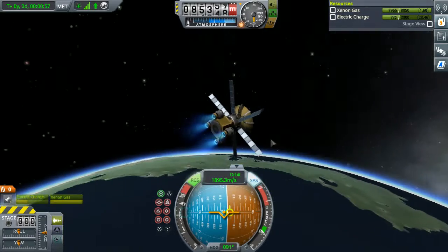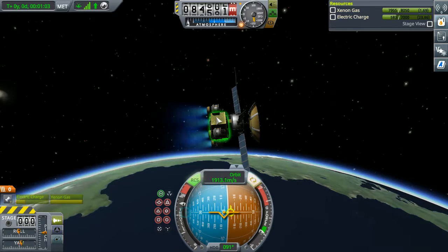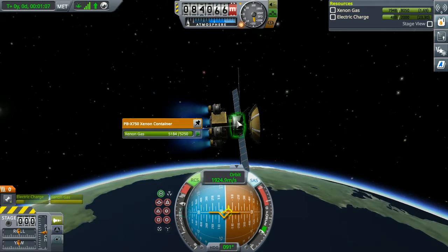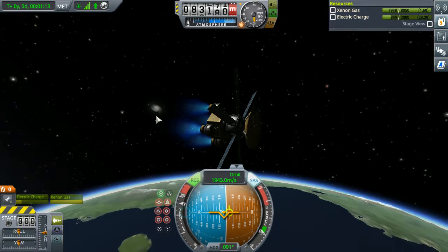You know, I used the larger probe core. If I hadn't done that, then it would have been pushing less weight. That's the problem, isn't it? That I increased the thrust power, but I also increased the weight of the overall craft. It does have a ton of xenon gas. Ultimately, I don't think that's going to matter in this case. So anyway,